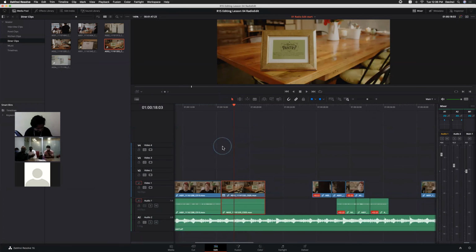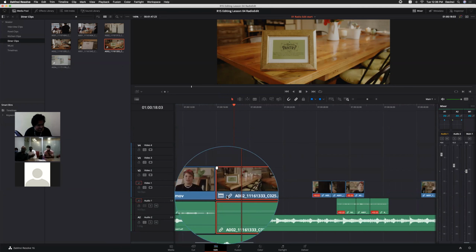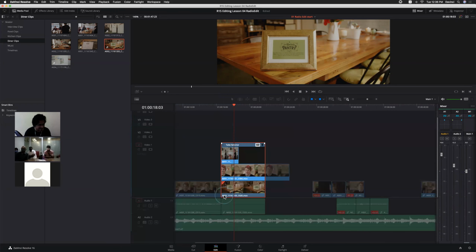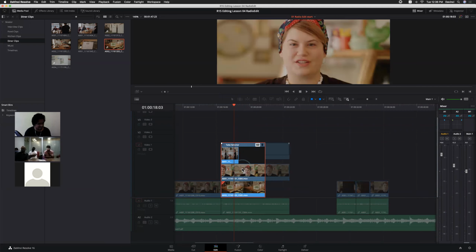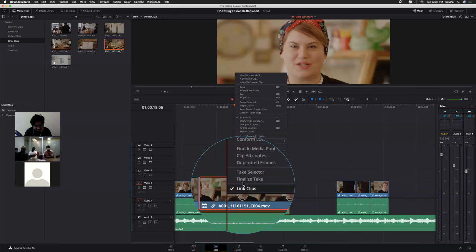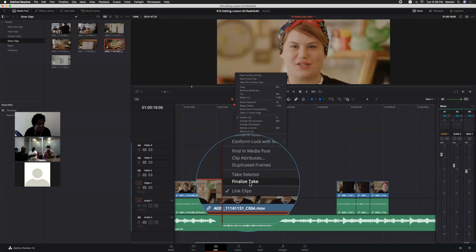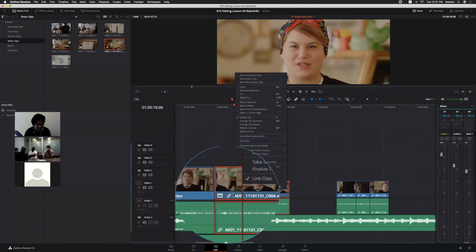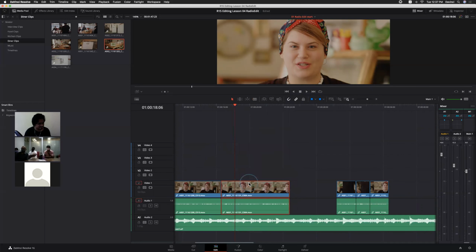Okay, and we still have those clips here. When you double click this one, it will automatically open up that window, and I just want to use only this clip, the centered one. If you want to stick with a clip, right click and you can finalize that audition, you can finalize that take, and it will remove all the other clips.